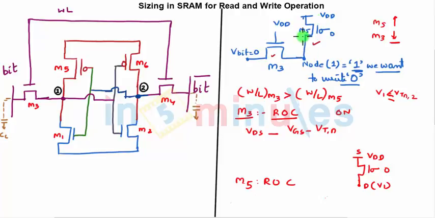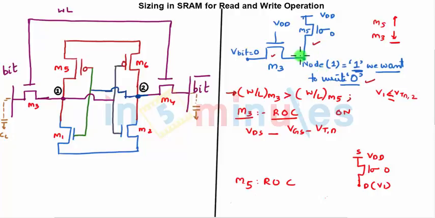At the same time, this transistor is also on. This is towards VDD, so this is trying to pull node 1 towards VDD, so there is a fight. And you want to write a 0, so you want your output to move towards this direction. That means M3 should be stronger than M5. Also, what does this mean is, if you want your M3 to be stronger than M5,